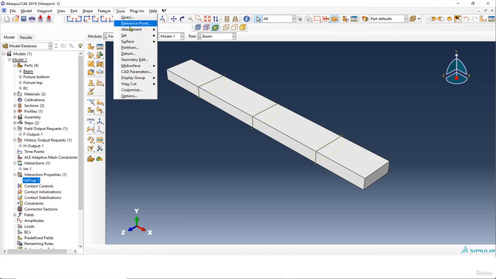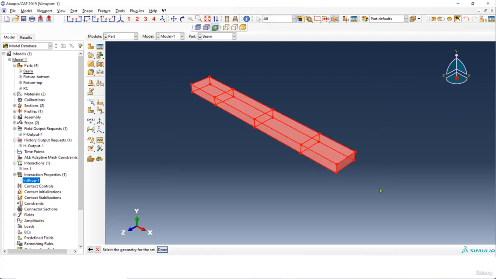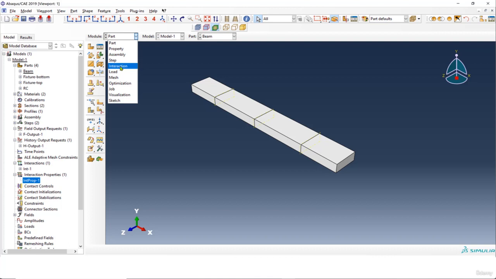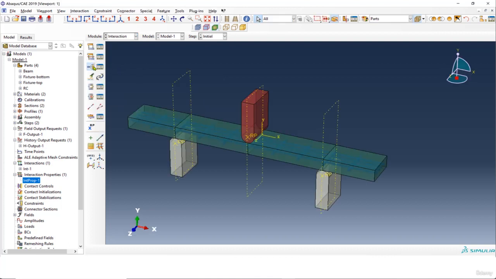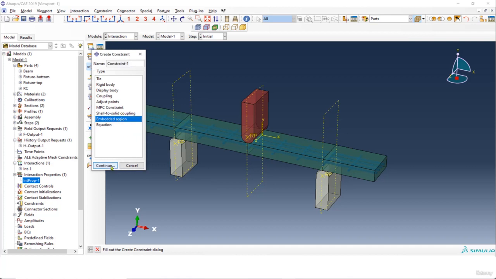Again the same thing: tools, set, create, and call this one region and embedded, and click on continue, and again select everything, click on done. So if I go back to interaction, and if I click on create constraint and embedded region, click on continue,